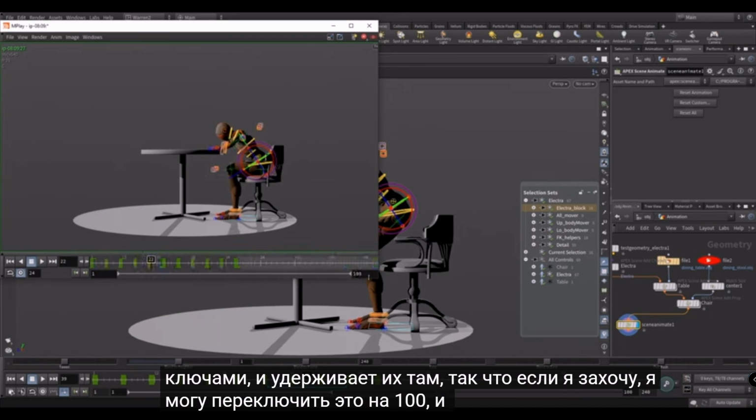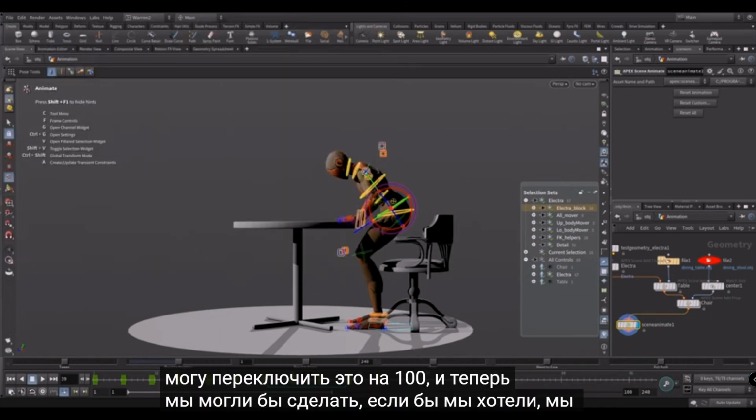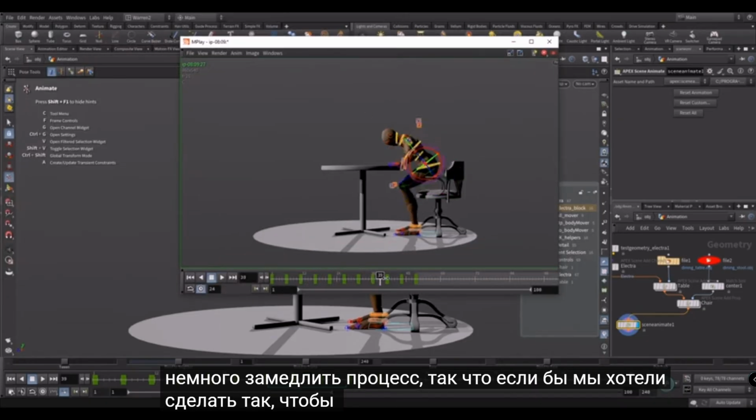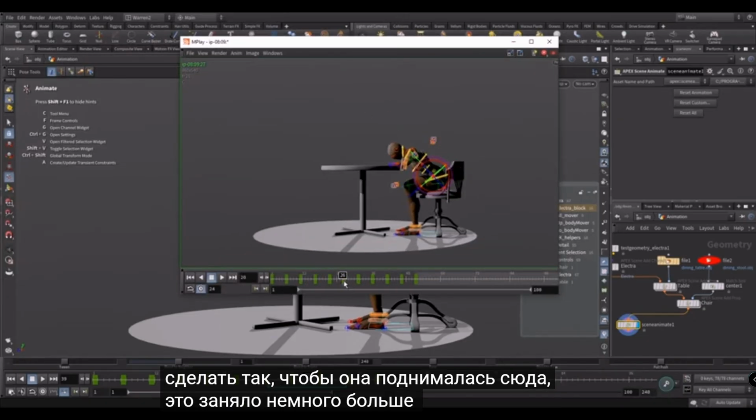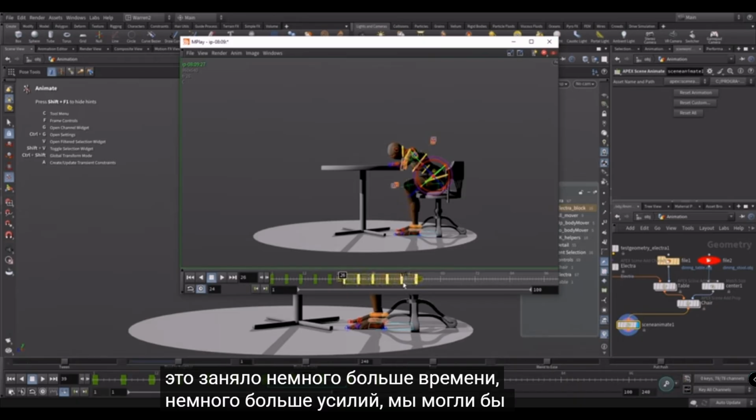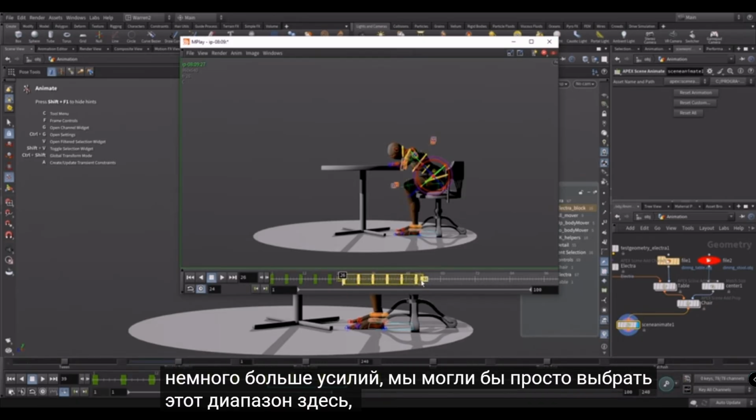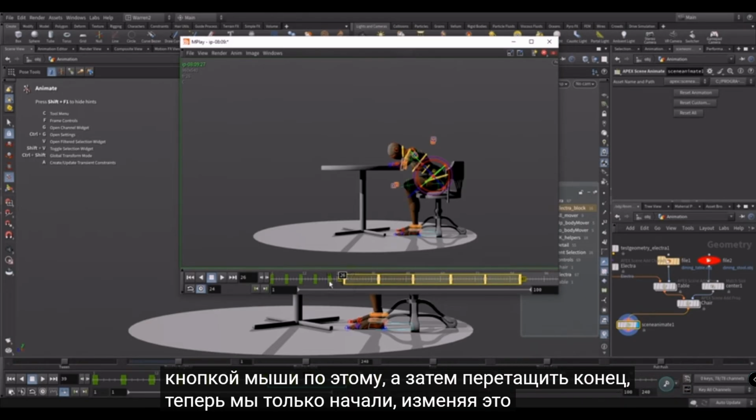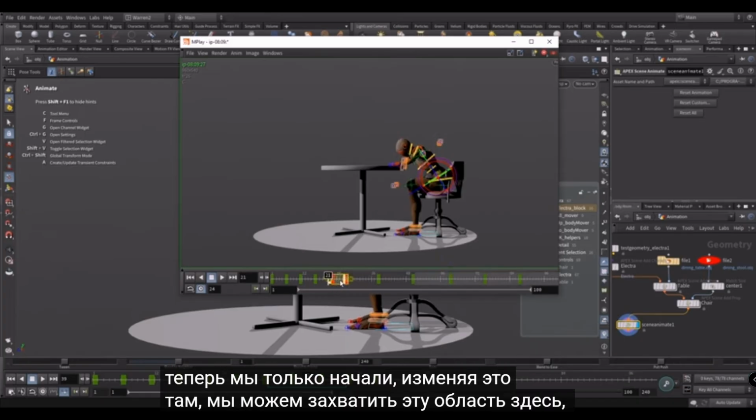Now what we can do is we have our animation. We've slowed things down, delayed it a bit, so if we wanted to make it so as she's getting up here, it's taking a little bit longer, struggling a bit more, we can just select that range here. You can just middle click on this and then drag the end out. Now we're going to start adjusting the animation around,